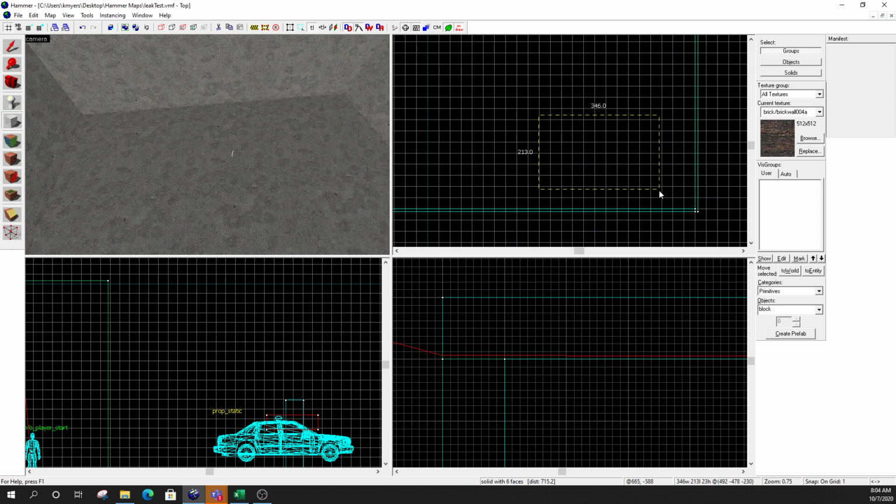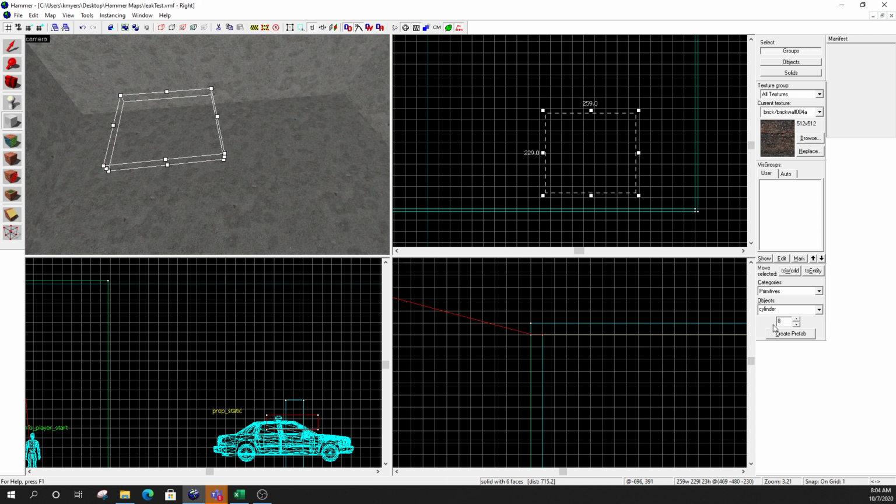So normally when we're working in here, when I draw a shape out, it's a rectangle or a square or a block or whatever. But if I come down here where it says objects, and it says block, if you drop that down, you'll see that there's a whole bunch of different options in here. So let's start with a cylinder. Okay, so if I click on cylinder, and then I come in here and I draw out a shape just like I normally would,